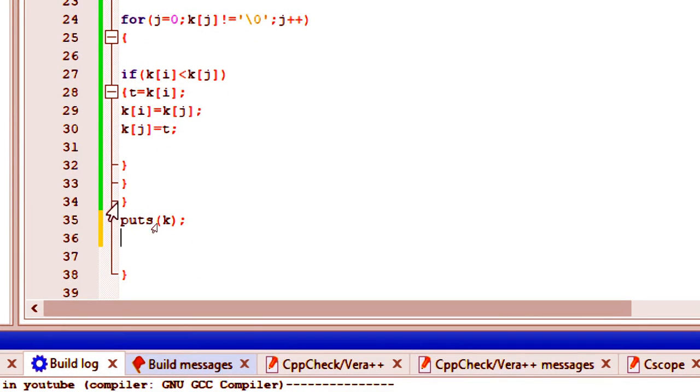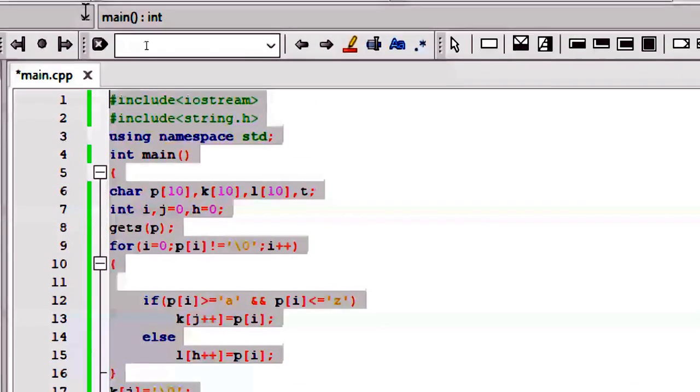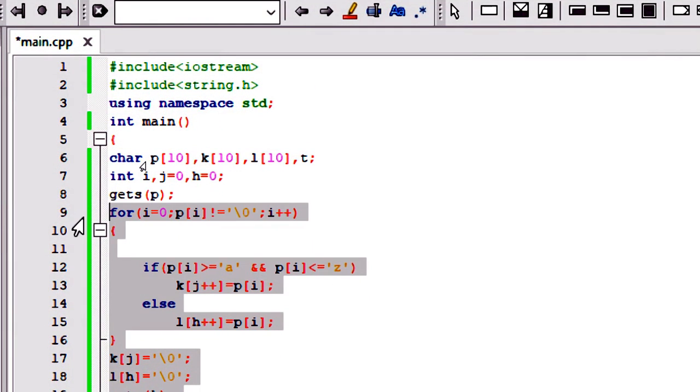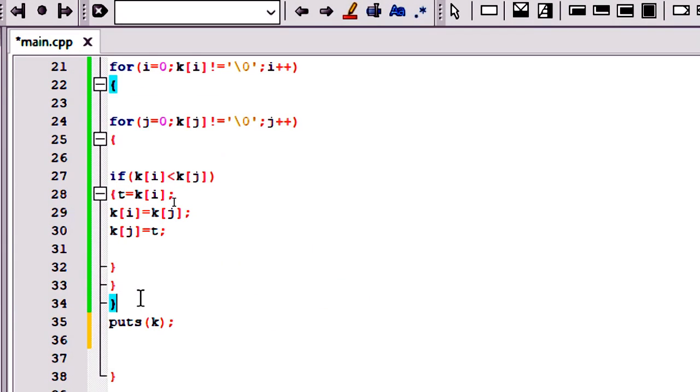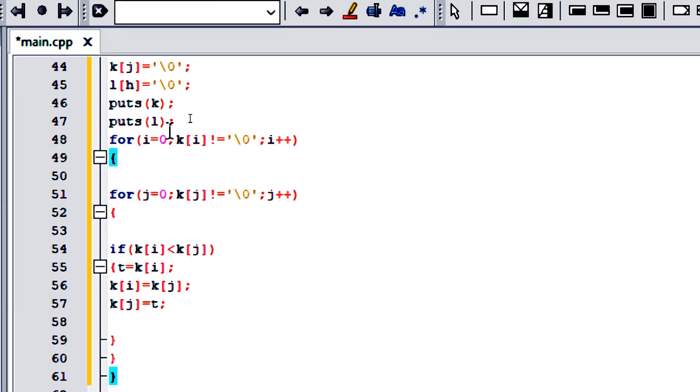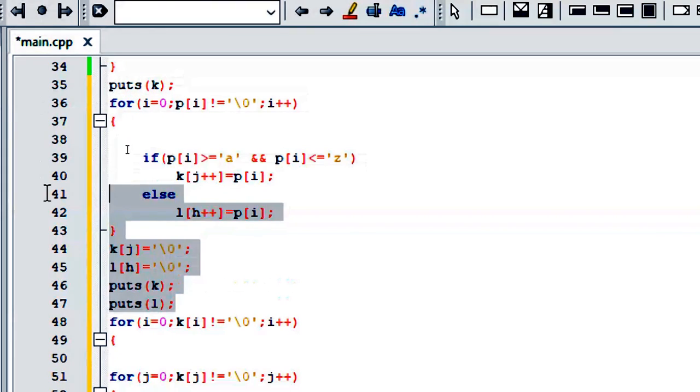So let's copy this. I don't want to write it again. Let's copy it because we have to use this. Control C. Here, Control V. Okay, we don't require this.